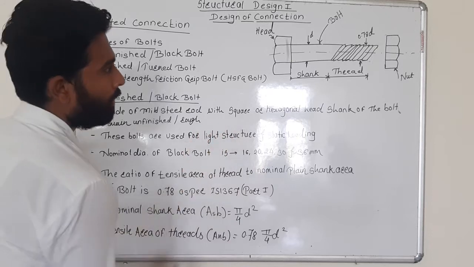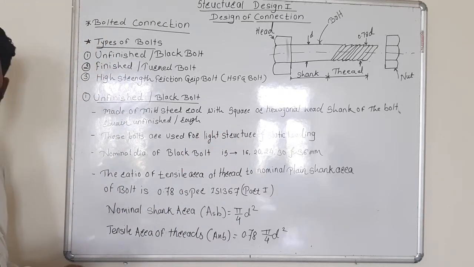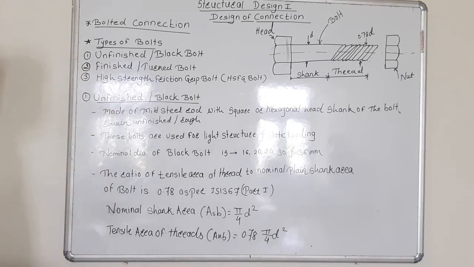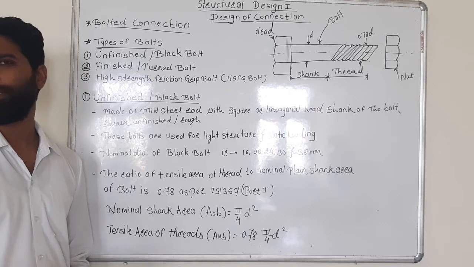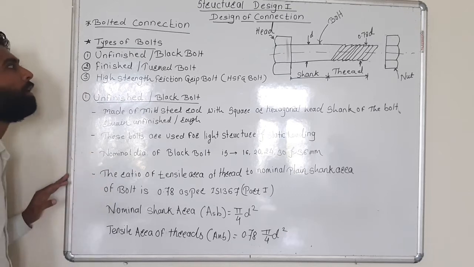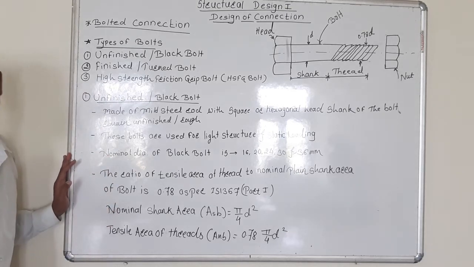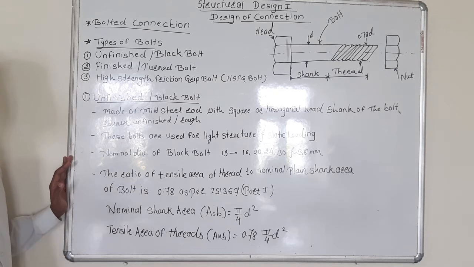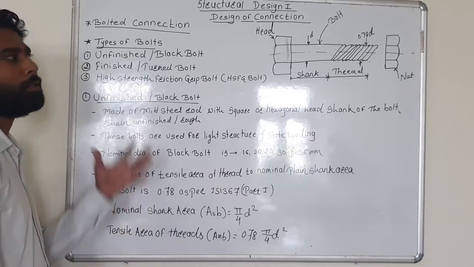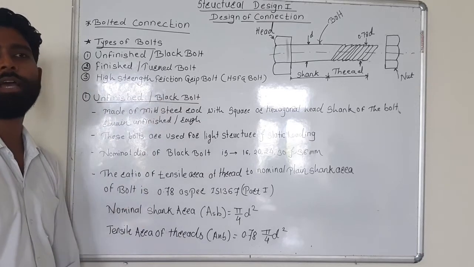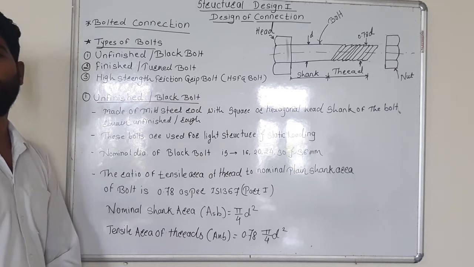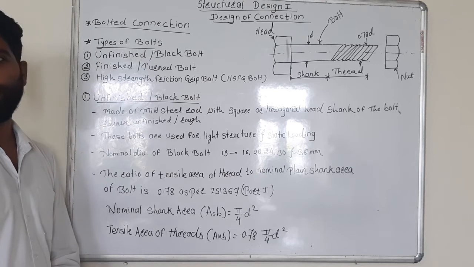Bolted connection is widely used. You might have seen it anywhere in steel structures or other areas to connect different members or different things. So students, concentrate here. There are three types of bolts which are in the market or in the field. Each of the three types of bolt has a different function or different properties. According to the properties, the area of use is different.